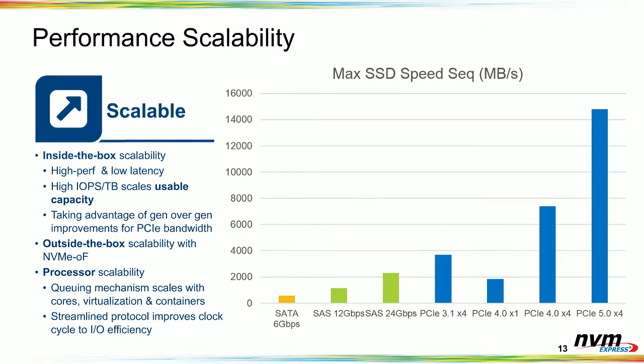All right, the last thing I forgot to cover was that PCIe was meant to scale in a server, in a desktop, or within a rack. It is not meant to scale outside of the rack. So NVMe over Fabrics is what we have to scale outside of the rack, and it's probably a lot more than I have time to go into today, but lots of smart people are working on that to scale the fabrics on Ethernet, RDMA, Fibre Channel, and InfiniBand, to be able to take all that good stuff I just talked about with NVMe and pipe it on top of things that are not PCI Express.